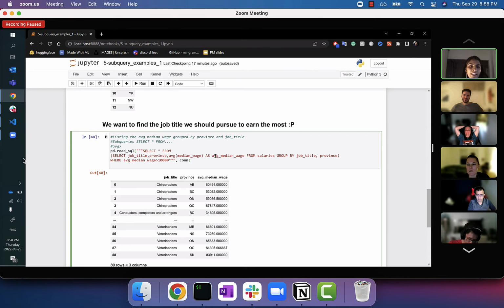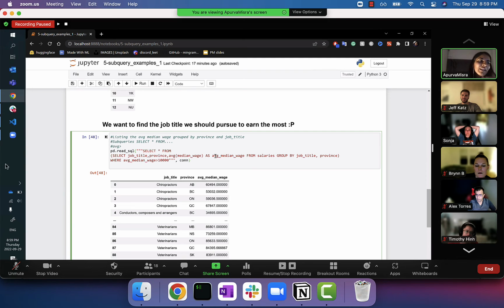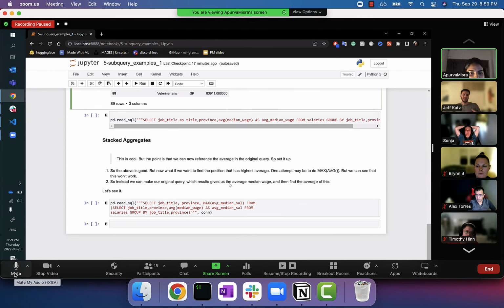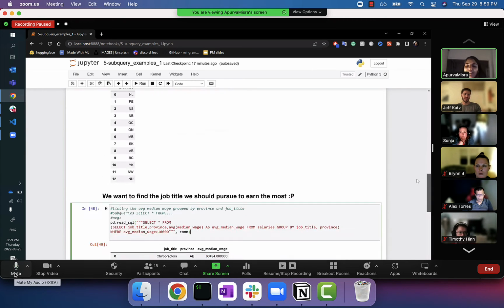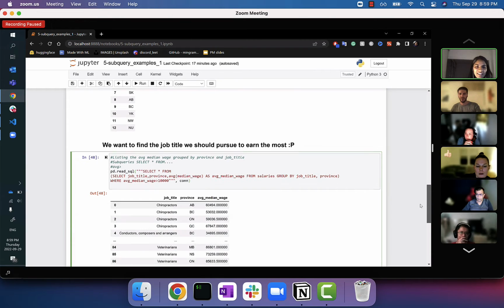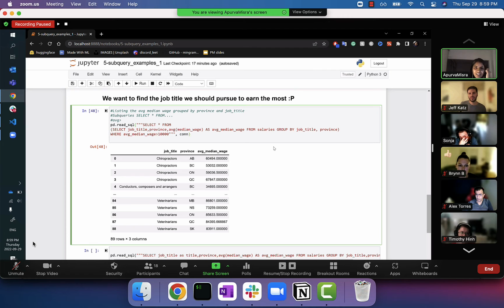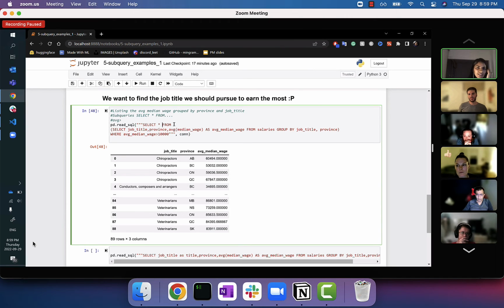So basically the subquery results in a table in this case, because we are doing a select on 3 columns. If I would have just done a select on 1 column, it would have resulted in a vector. So I could have used this in a where clause, like where average median wage is lying between this. Just to jump in, we are going to get to that in a future lesson, Bryn. That's a really good question, and we'll get there pretty soon. So in this lesson, we're just going to go over using it with the from clause, but it can be used with different clauses.